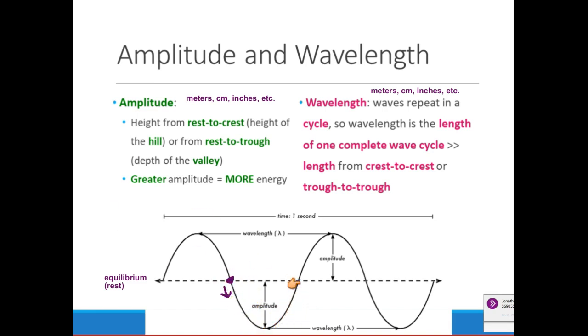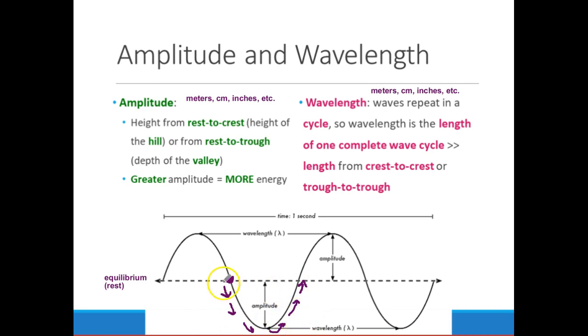And right here, I hit the equilibrium again, but am I going the same direction this time? Tell me in the chat box. Watch my cursor here. I started by going down, and now I'm going which way? Am I still going down across the equilibrium when I cross it here? No, I'm going up across the equilibrium now. You can see as I trace this, I'm actually going up. Smiley faces if that makes sense.